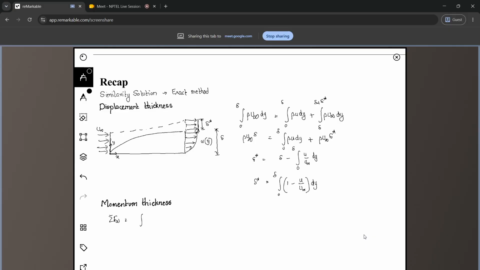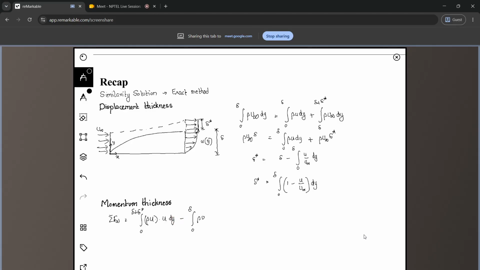The outflux is the integral from 0 to delta plus delta star of rho u times u dy, where rho u is the mass flux and u is the velocity. This is how we apply the control volume analysis. Minus the influx, from 0 to delta,